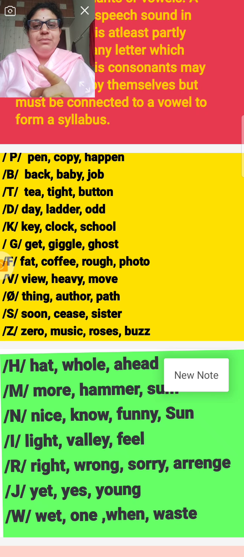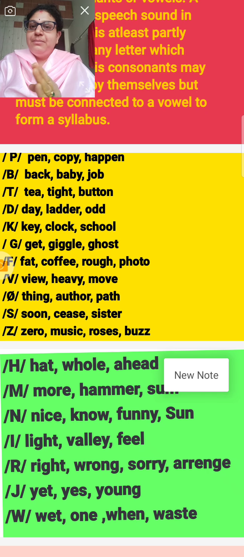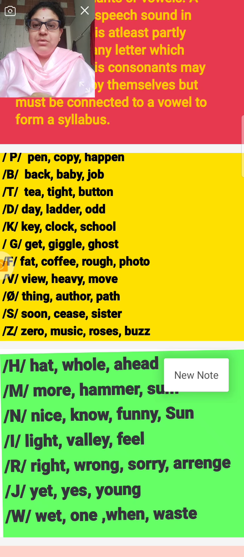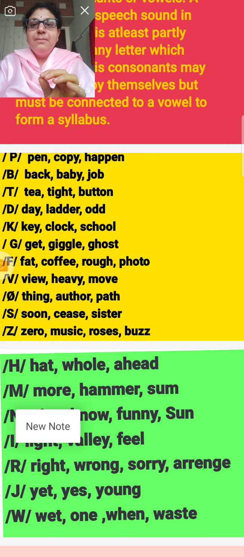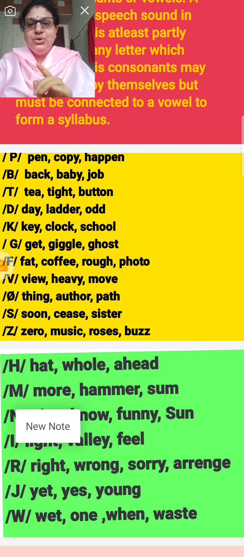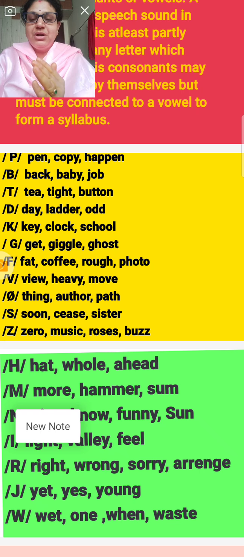And the B I already told in the first month: back, baby, job. You are writing the B letter compulsorily, but you will not pronounce the B sound as it is. You will pronounce baba, bibi. That sound you will pronounce in the phonetics, in the consonant.